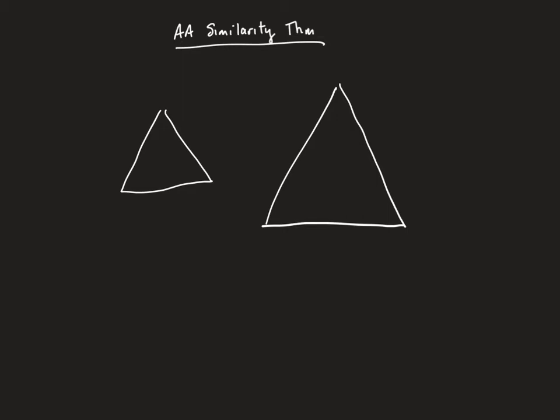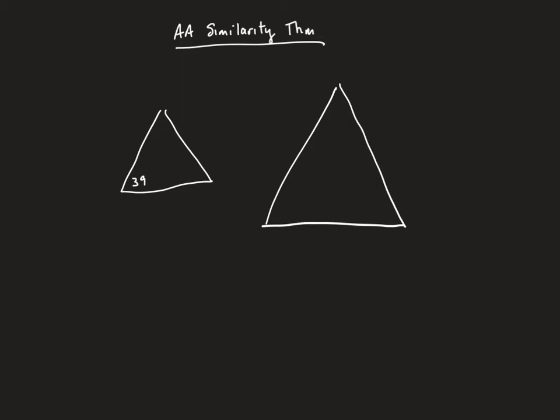So with the angle-angle similarity theorem, what we are going to find is that if two angles of one triangle are congruent to two angles of another triangle, then the two triangles are going to be similar. And why do we say just two angles? Well, if I have a triangle and I have another triangle, and it doesn't matter the size, whether it is larger or smaller,